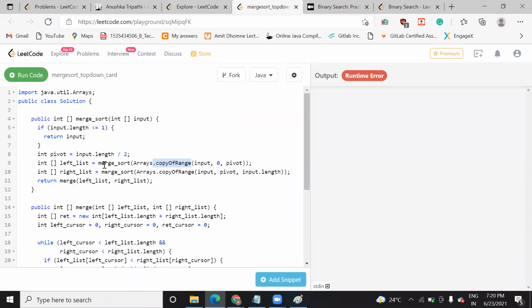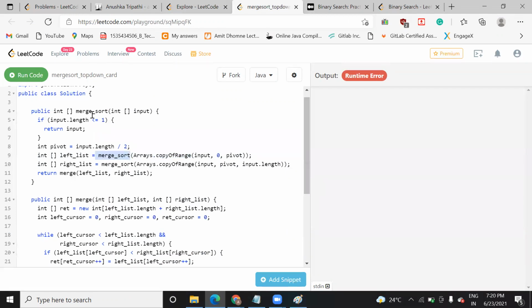Here you are calling this merge sort function. You are creating an array on the left, which you have named left list, and you are calling the merge sort function on it. In that you copy the content of the array using Arrays.copyOfRange.